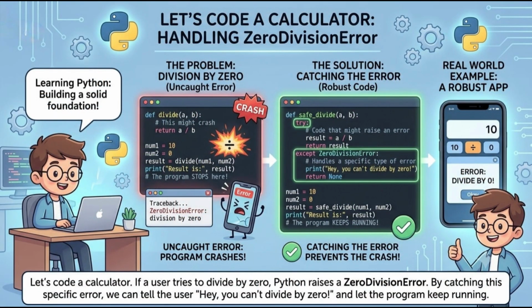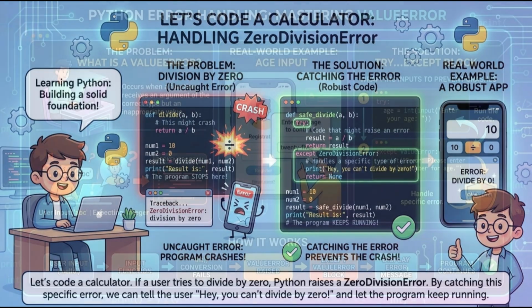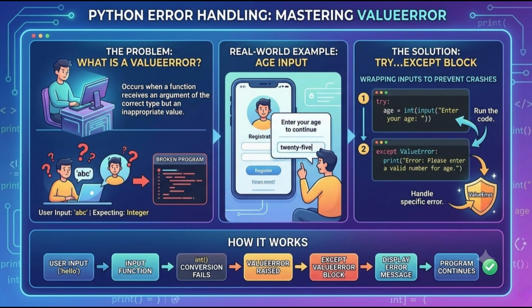Let's code a calculator. If a user tries to divide by 0, Python raises a ZeroDivisionError. By catching this specific error, we can tell the user, hey, you can't divide by 0, and let the program keep running. Another common one is ValueError. This happens when you expect a number but get text. We'll wrap our input functions in try except to ensure that our program doesn't die just because a user made